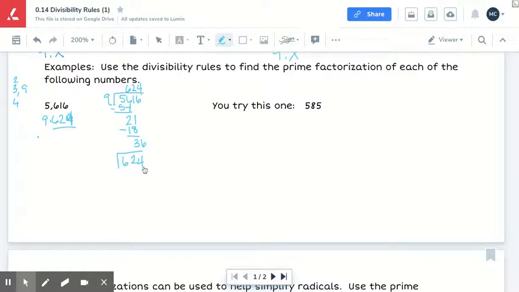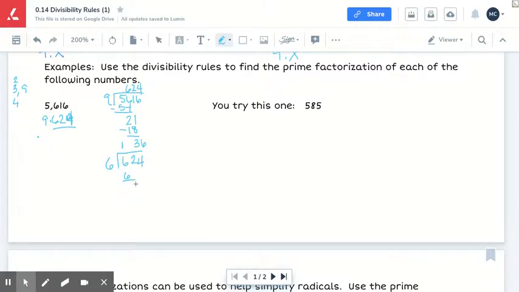So I know it's divisible by 2. The last 2 digits are 24, so it's definitely divisible by 4. I'm going to see if it's divisible by 9 by adding the digits. 6 and 2 is 8 plus 4 is 12. So it's not divisible by 9, but it is divisible by 3. So I came up with 2 and 3, so that means it's divisible by 6. I guess I skipped over that one the previous time. Okay, so anyhow, dividing by 6